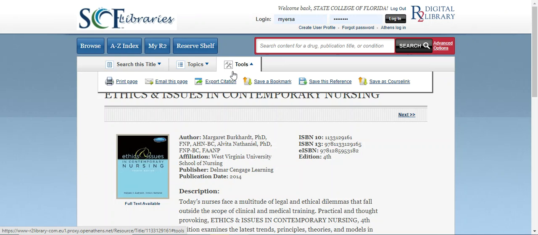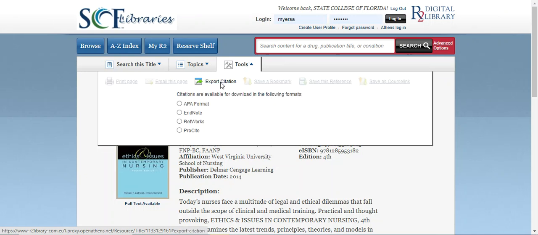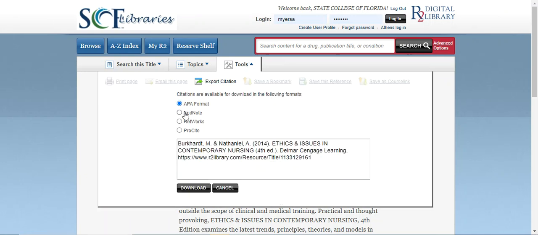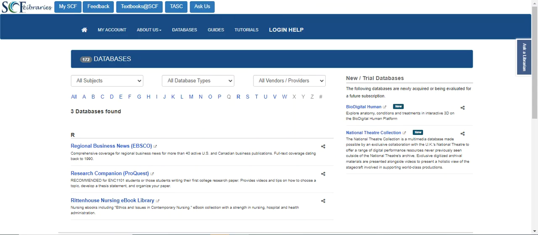You also can export citations. I have to warn you, Rittenhouse citations are not 100% accurate. You have the information so you can build your own citation. And I'll show you in a minute how to check and how you find the correct format for your citation, for your style and your citations. So now I would like to demonstrate